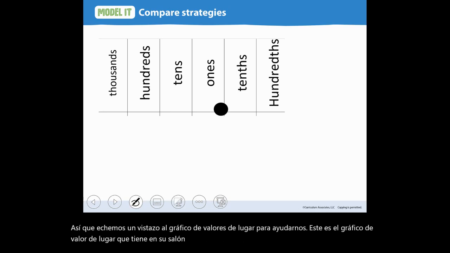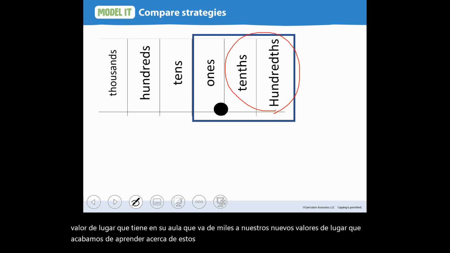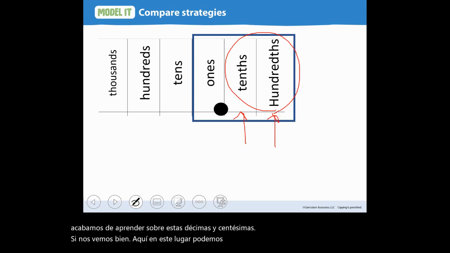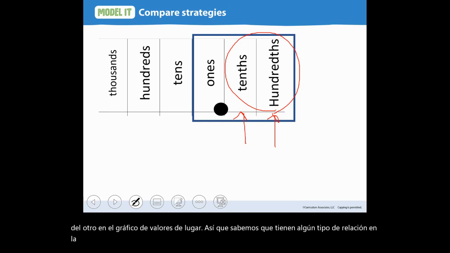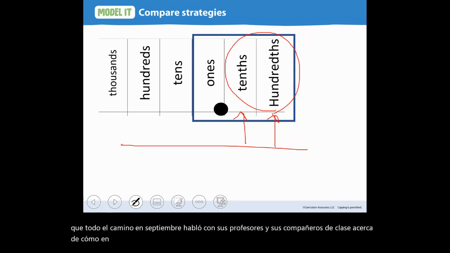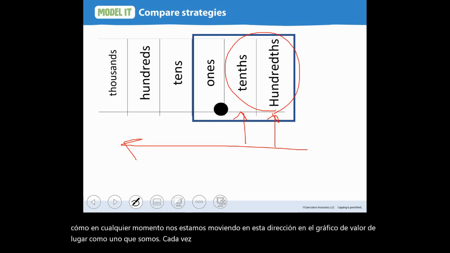It goes from thousands all the way to our new place values that we're just now learning about, these tenths and hundredths. If we look right here in this spot, we can see that hundredths and tenths are right next to each other on the place value chart. So we know that they have some sort of relationship. You, all the way back in September, talked with your teachers and your classmates about how anytime we are moving in this direction on the place value chart, when we're getting bigger numbers, we are, every time we jump,